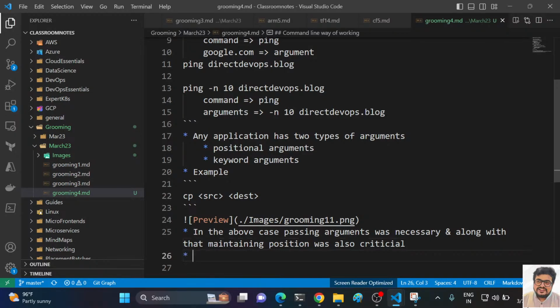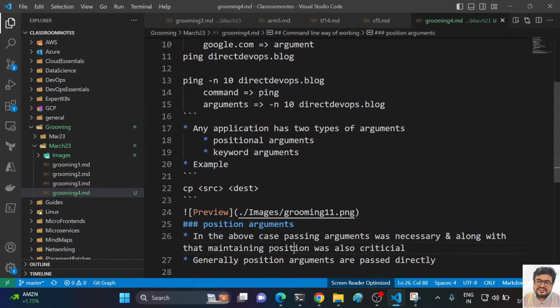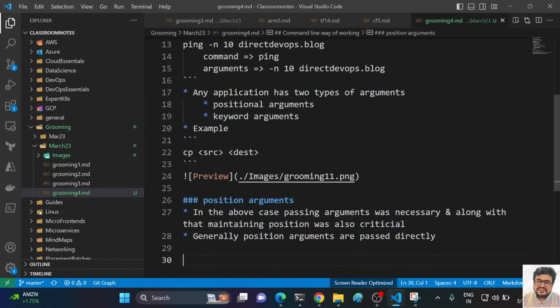Okay, right. So this is the first thing, and generally positional arguments are passed directly. So what do I mean by this? You will come to know when you look at the next set of arguments. So this is positional arguments. Now let me speak about my second type of arguments, which are